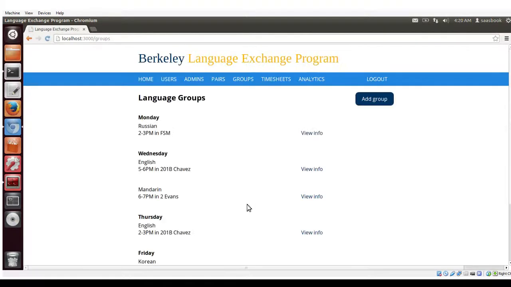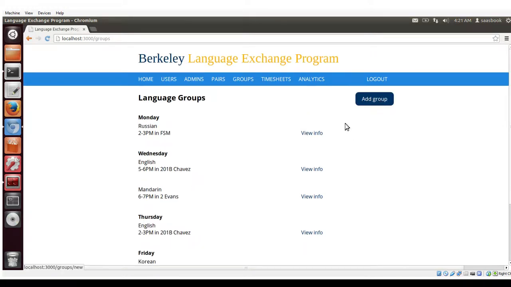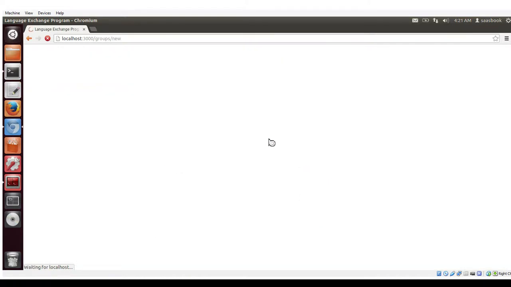Administrators have a similar view of groups as students. The only difference is that administrators aren't really going to join a group. So for them, they can add a group. If you add a group, it just redirects you to a form to ask you to fill all the information